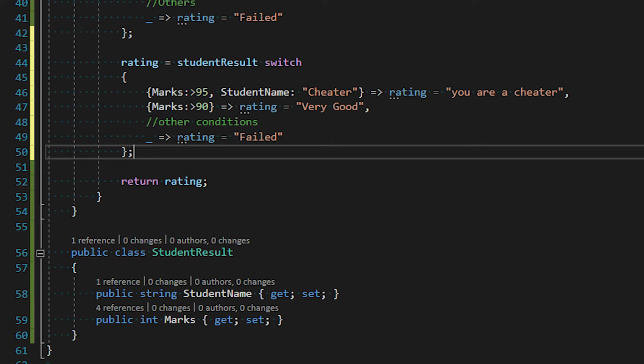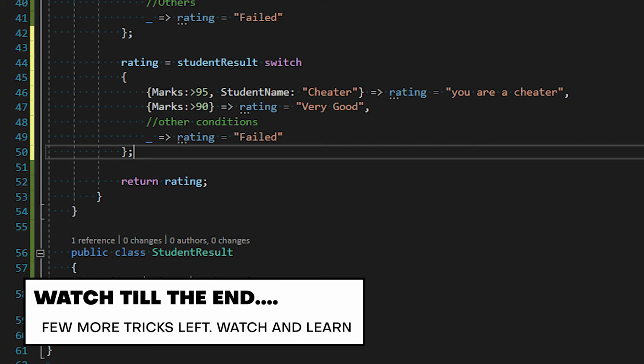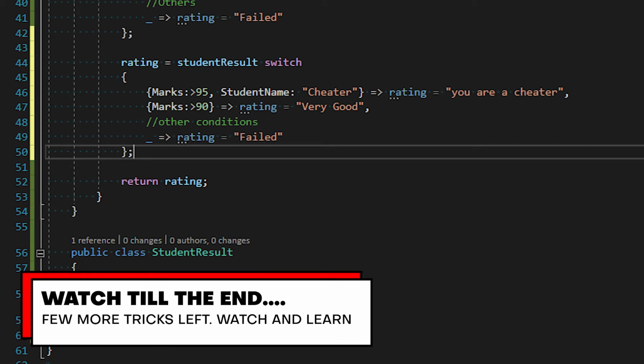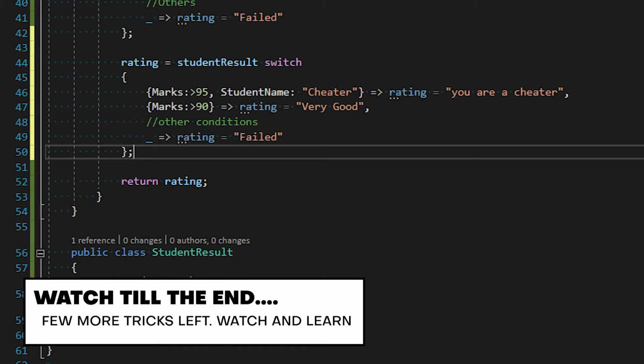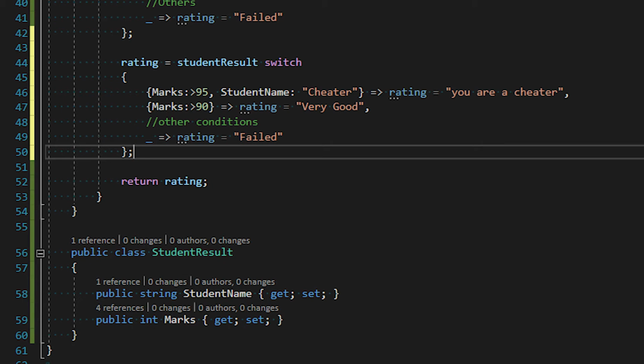Well, this so far covers a lot of ground, but there is one more trick left in my hat that I'm just going to show you in the next few moments. So just bear with me and see that part as well. So for that part, let's consider a case